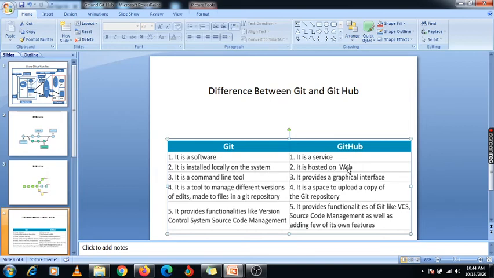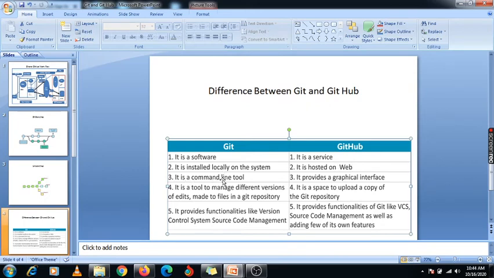GitHub is hosted on the web, right? In Git there is a local repository, and that local repository connects with your GitHub. Using the web, internet is required to communicate from your local repository to your centralized repository, that is your GitHub, right?